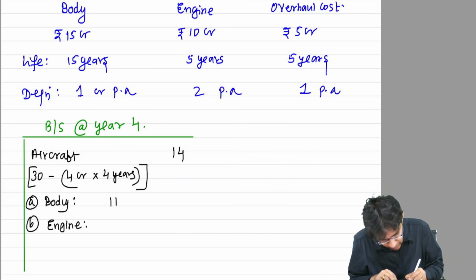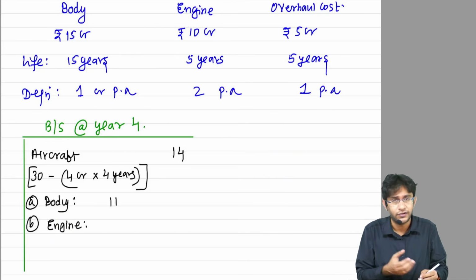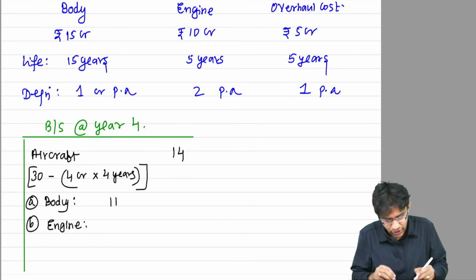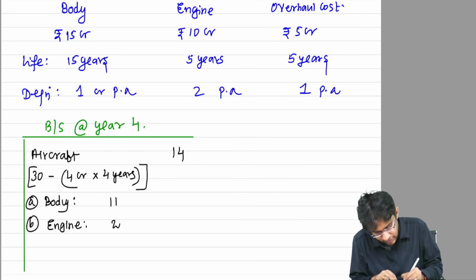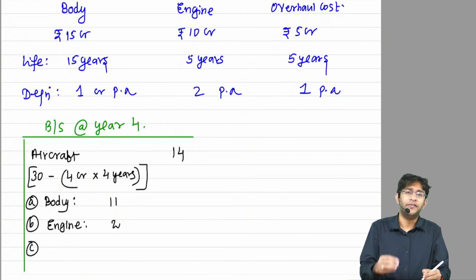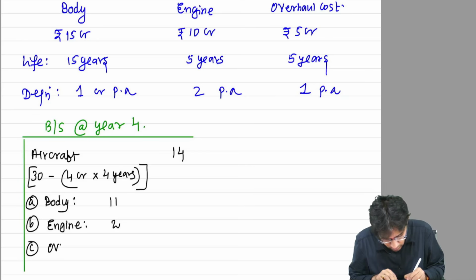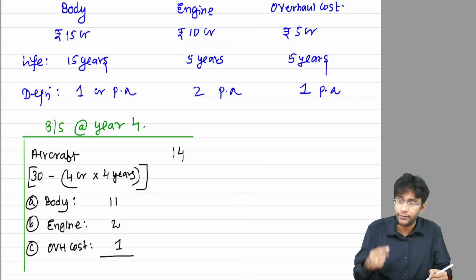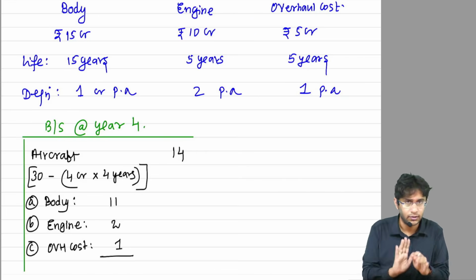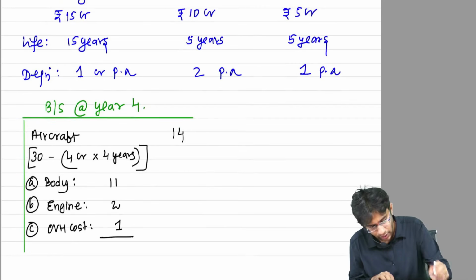Engine, every year 2 crores you are charging, 4 years 8 crores you would have depreciated it, remaining 2 crores. Overhaul cost, every year 1 crore, till now 4 crores you would have removed out of 5 crores. So the overhaul cost component is 1 crore. So 11 plus 2 plus 1, total is 14. Number is tallied. Perfect, sir. Now